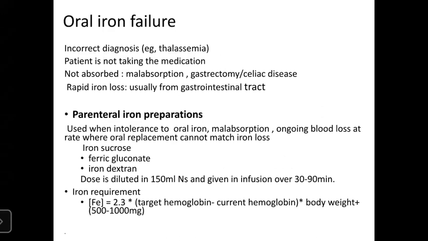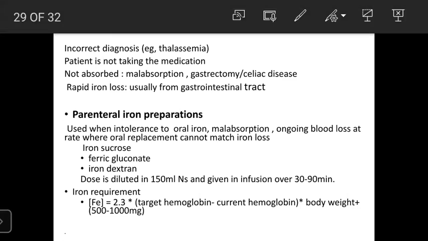So, if you start with oral iron therapy and there is a failure, you should relook at the diagnosis, whether the diagnosis is correct or not. The patient might be a case of thalassemia. There might be a disorder of absorption, such as in celiac disease, malabsorption, gastrectomy, or rapid iron loss, usually from the GI tract. So in those cases, or in case of ongoing blood loss, or if the patient cannot tolerate